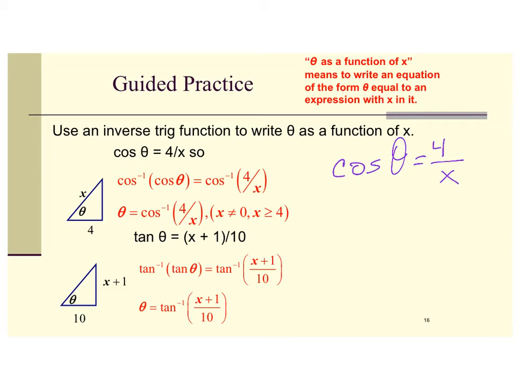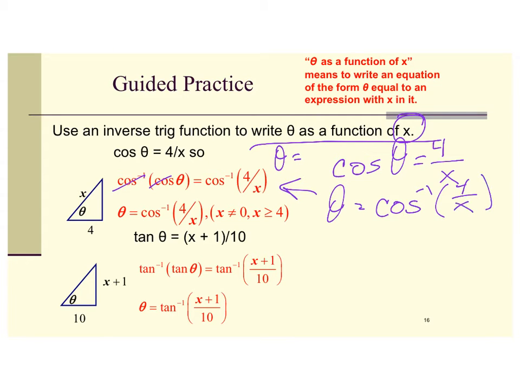Now, I need this to be a function of x. Sorry, to write theta as a function of x, this means I need to have theta equals. To get the theta outside the cosine, I take the inverse cosine of both sides. You see, that's what I'm doing right here. What that does is strip off the cosine, leaving me with theta, and then it's the inverse cosine of 4